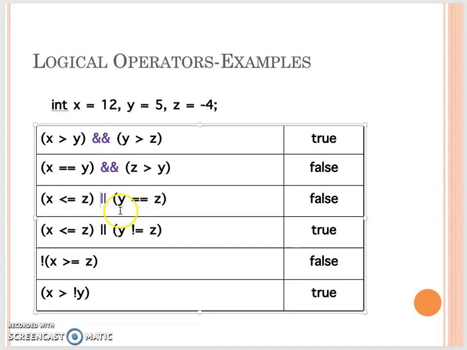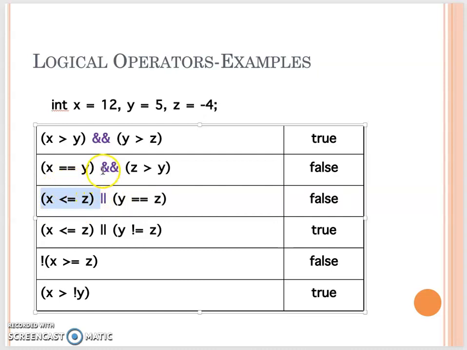We see x less than or equal to z. x is 12, less than or equal to -4. This one is false. But because we do the OR, remember that OR only needs one of the expressions to be true, then we return true. So when the first one is false,